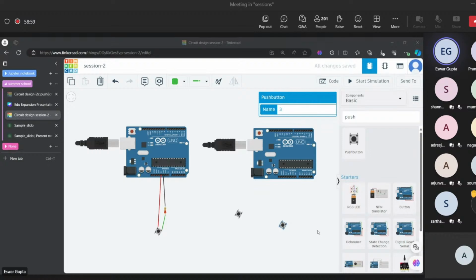Hello, Sai Satvik, I unmuted you. What's your doubt? Speak out if you can. Could you please share the code for the Tinkercad? Okay, I will share it later. Currently just move along with me, so that you will get the experience of how to drag this and connect this properly. Okay, fine. Yeah, that's why I'm waiting. So just drag two Arduino boards and connect this push button. Okay, fine. Thank you.